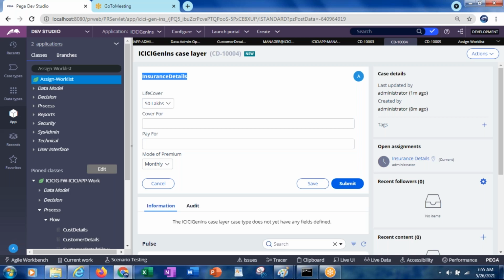So today we discussed routing, the operator access group, assigning the portals to the particular access group, and rule instance versus data instance. We also learned about the assignment properties and what a worklist is. A worklist is a single operator ID, and a workgroup is nothing but a collection of multiple operators.